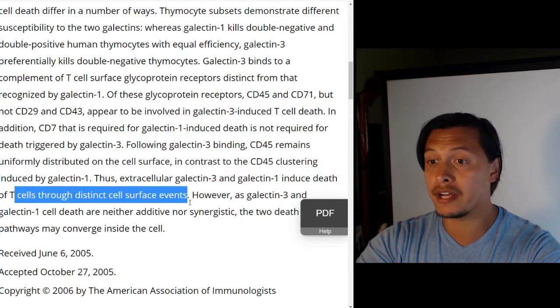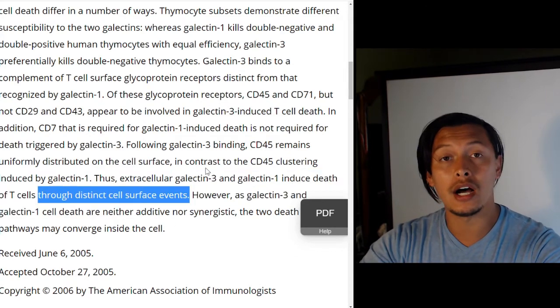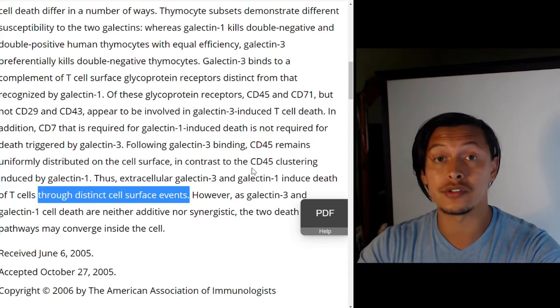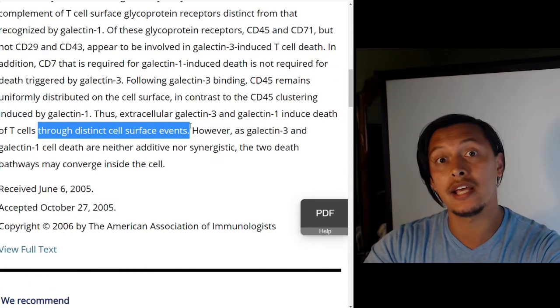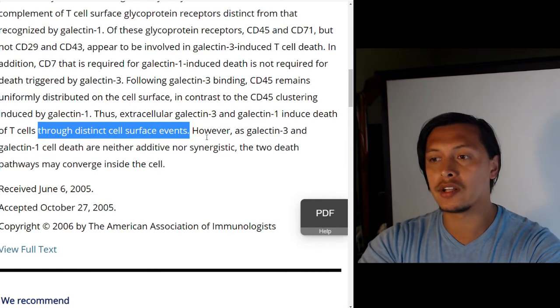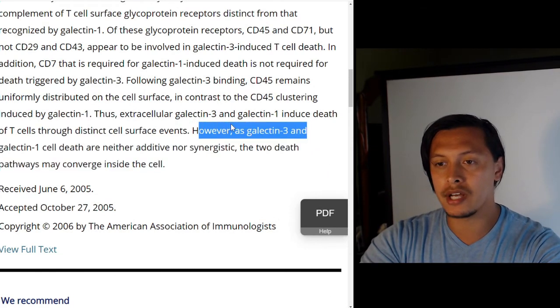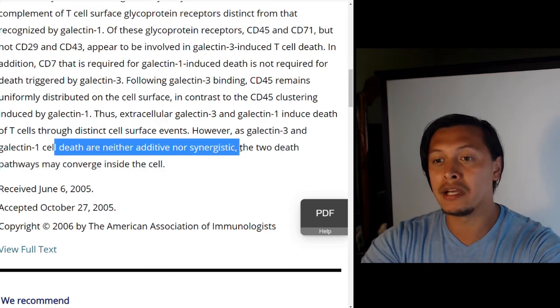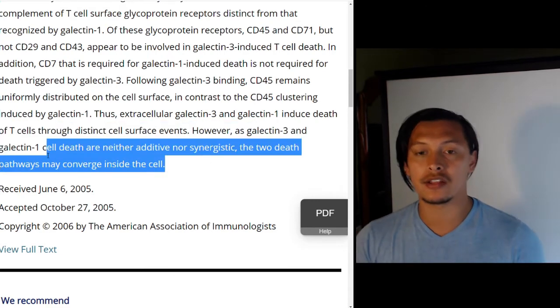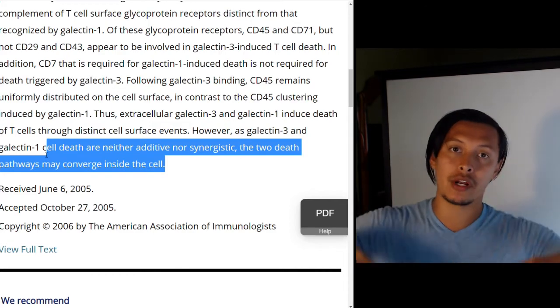So the cell surface events that galectin-3 and galectin-1 do to the cell surface of the T cells are completely different, which ends up resulting in the apoptosis. However, as galectin-3 and galectin-1 cell death are neither additive nor synergistic, the two death pathways may converge inside of the cell. So what they're saying here is whatever